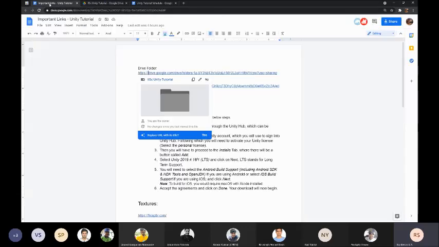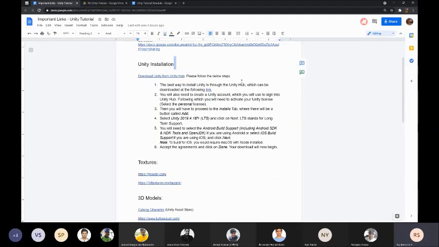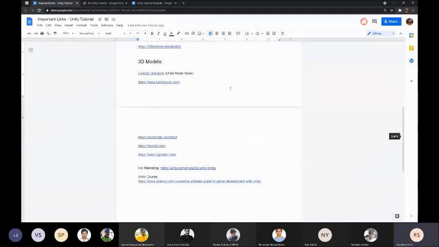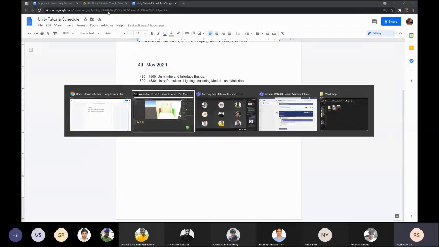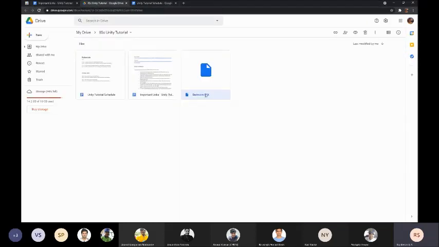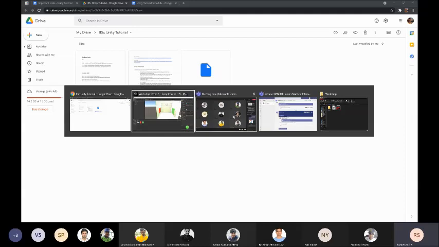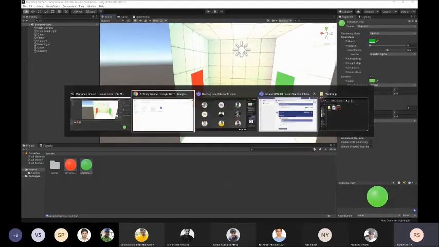And also in this instructions document, I've included links where you can access 3D models for free. So you can check out these links. They also have paid models, so you'll have to put a filter if you want free models. And okay, let's get back. So you can download this bedroom 3D model, and I'll show you how to import it into Unity.